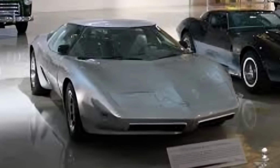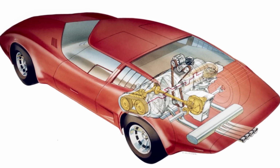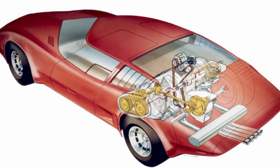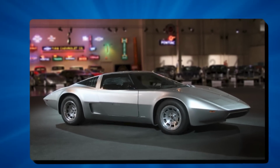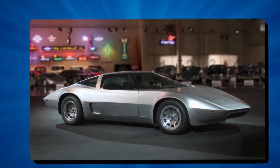It's not entirely clear what happened to the surviving XP-882 prototype. Some sources suggest it may have been destroyed or lost, while others hint that it might still exist somewhere, possibly in private collections or hidden away in GM's archives. Regardless, its legacy lives on in the modern Corvette C8, which finally brought the mid-engine design that Duntov envisioned decades earlier to life. This connection highlights the lasting influence of the XP-882 on Corvette's evolution and its place in